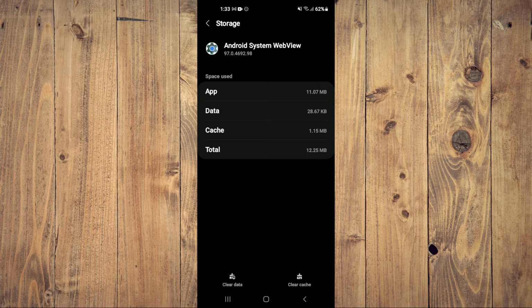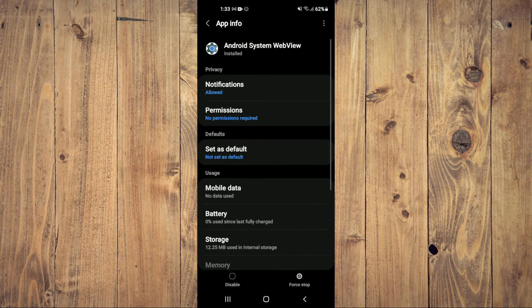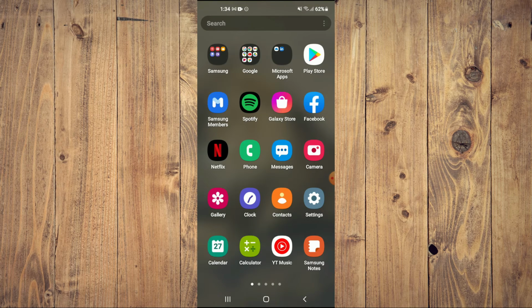Then you'll tap on clear all data. After you have done that, you're going to tap on the three dots in the top right hand corner. And you're going to tap on uninstall updates. After you have done that, you're going to close out of settings and you're going to go into Play Store